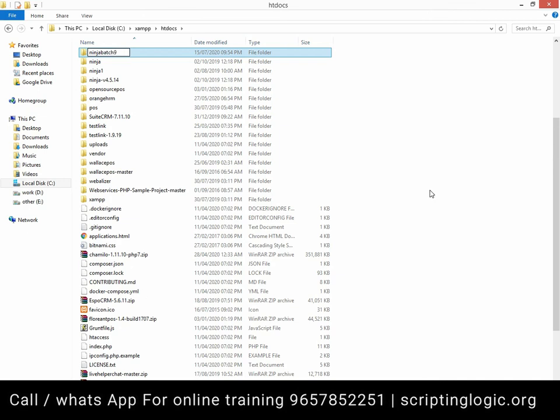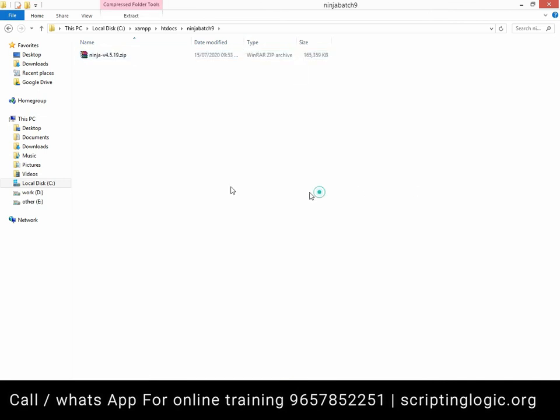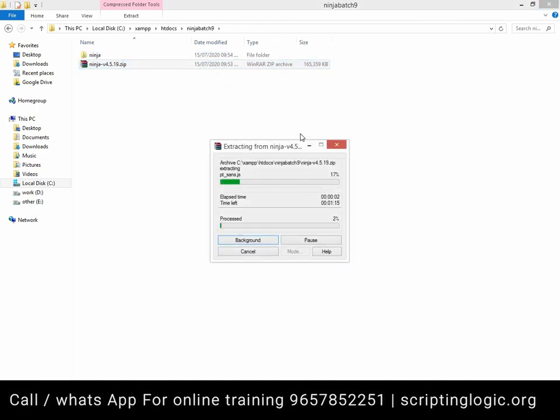Let's paste it here and extract it here. Okay, again a folder is created. After it gets extracted, we will put the folder name in the URL.